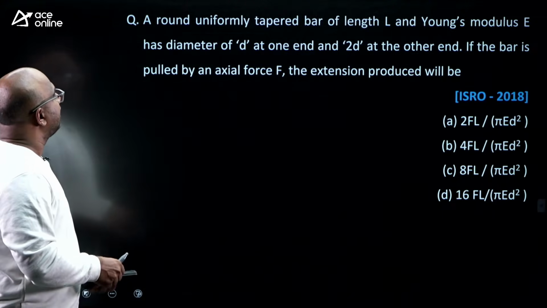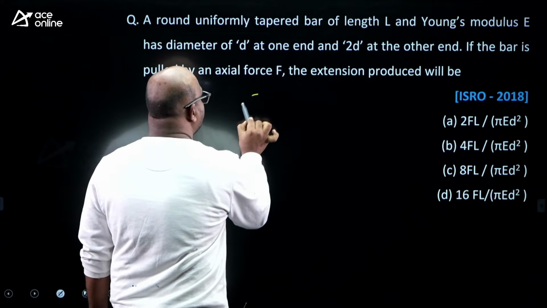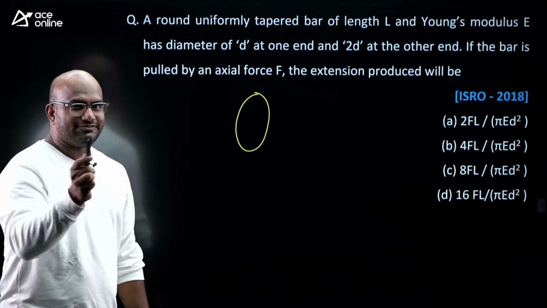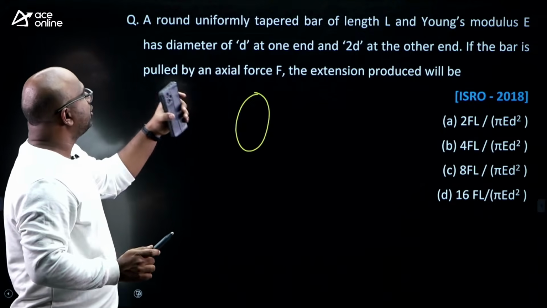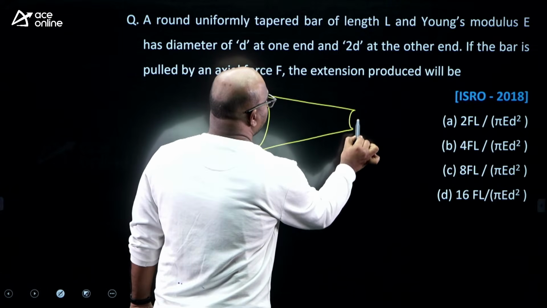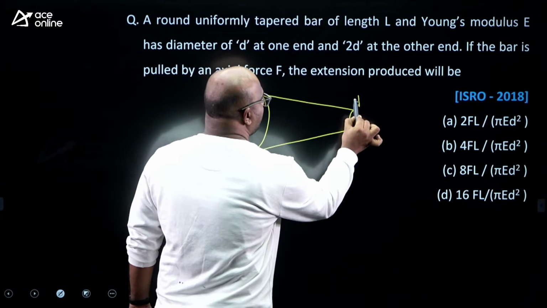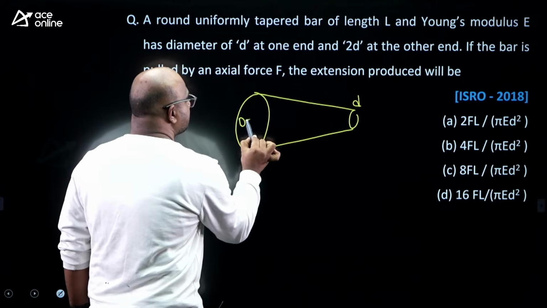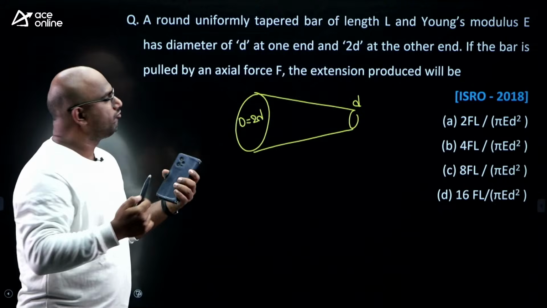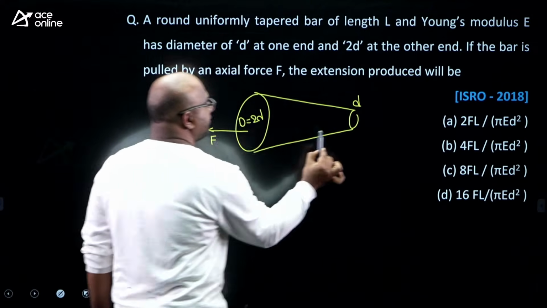Let's see, guys. A round uniformly tapered bar. Remember, guys, case number 5 we discussed in our classroom. Please verify our notes, you will understand. A round uniformly tapered bar of length L and Young's modulus E has a diameter of d at one end, 2d at the other end, guys. If the bar is pulled by an axial force F,